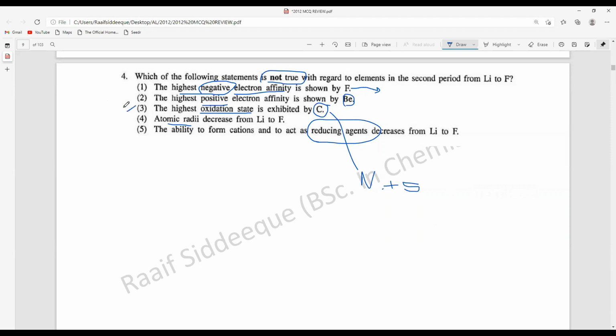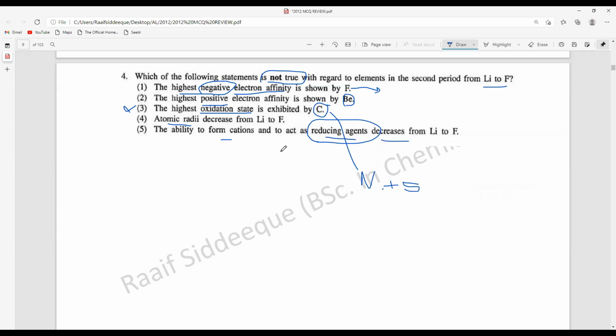So this statement is wrong because from lithium to fluorine, nitrogen can show +5. Okay. The atomic radii decreases from lithium to fluorine. That is correct because that is straightforward. Number of electrons increases. Overall effective nuclear charge increases. The radius decreases. The ability to form cations, that is one part, and to act as reducing agent decreases from